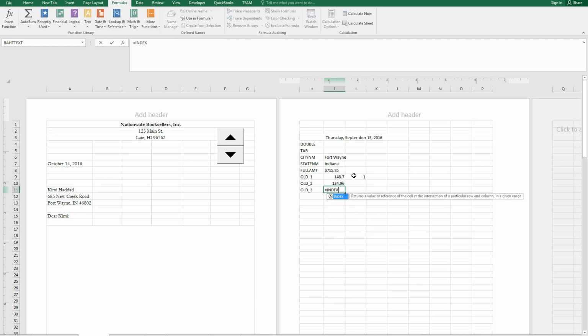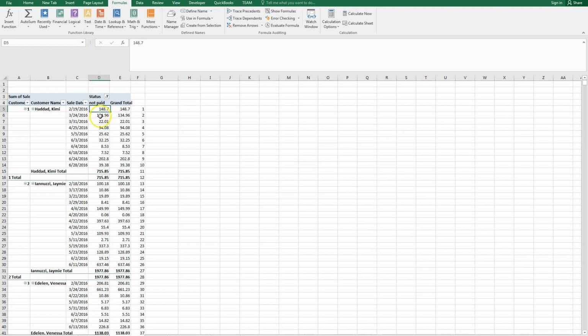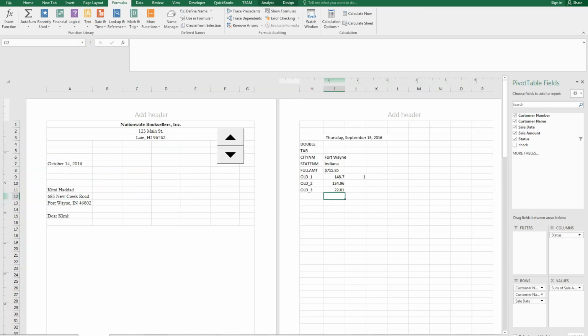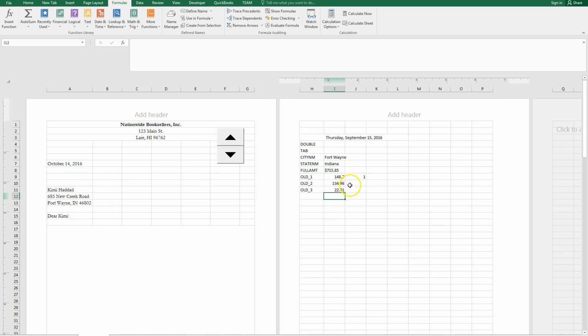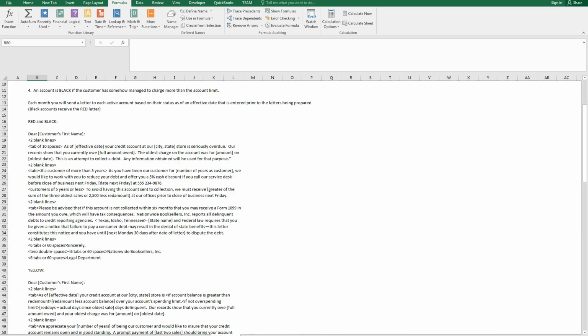And then I do the same thing again, and I say oldest, and I want the row that's this one plus 2 this time, and I want the column number 3. Okay, 148.7, look at those. Yep, and they're the same. Good. So we've got our top 3. Wonderful. All right, so as we're going back to instructions now,